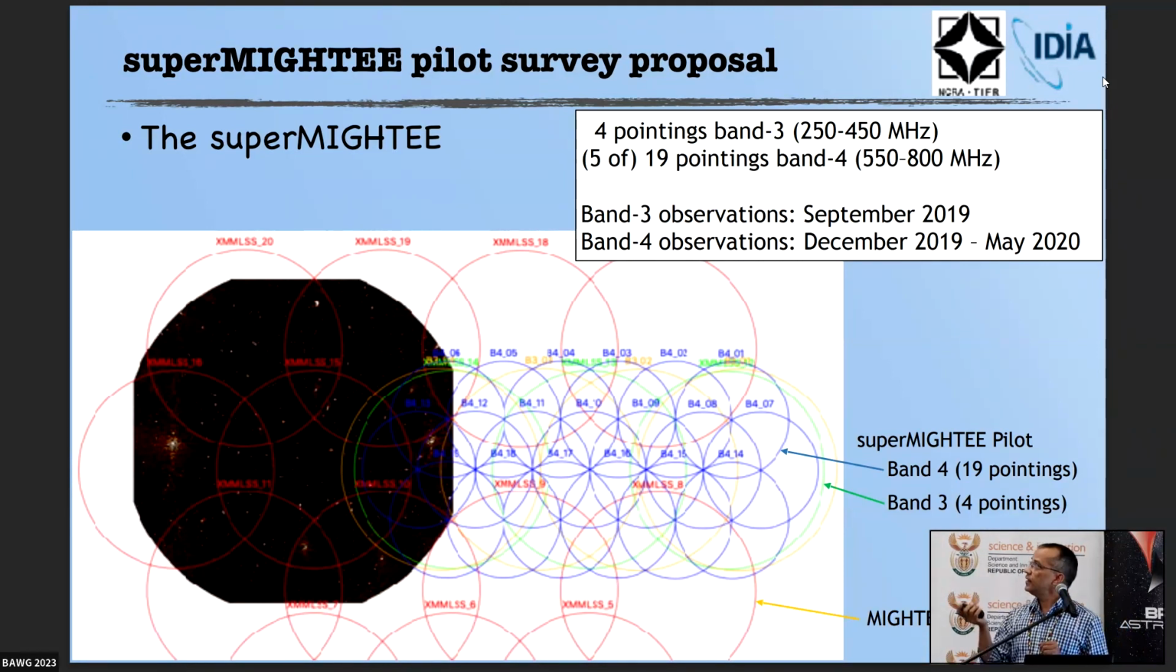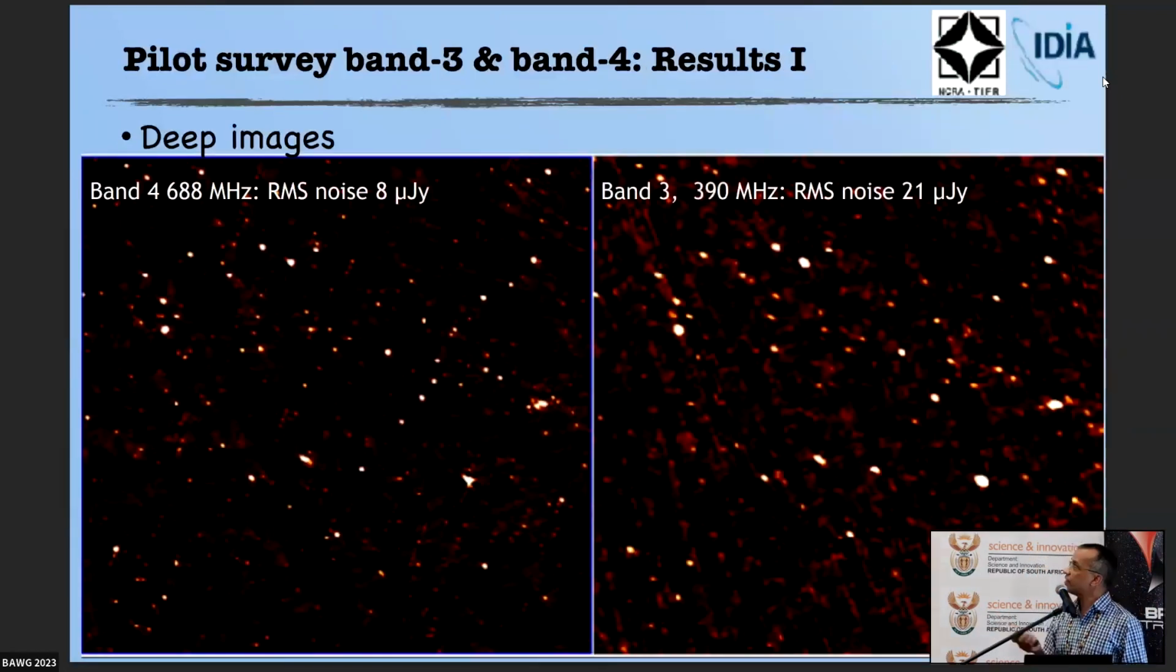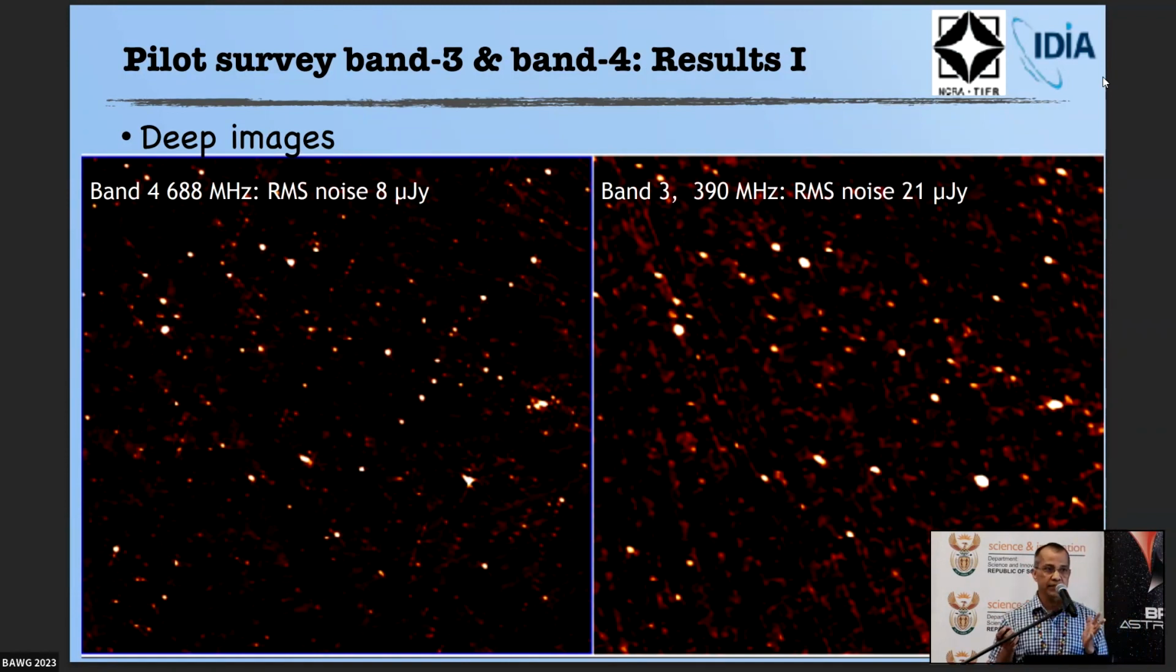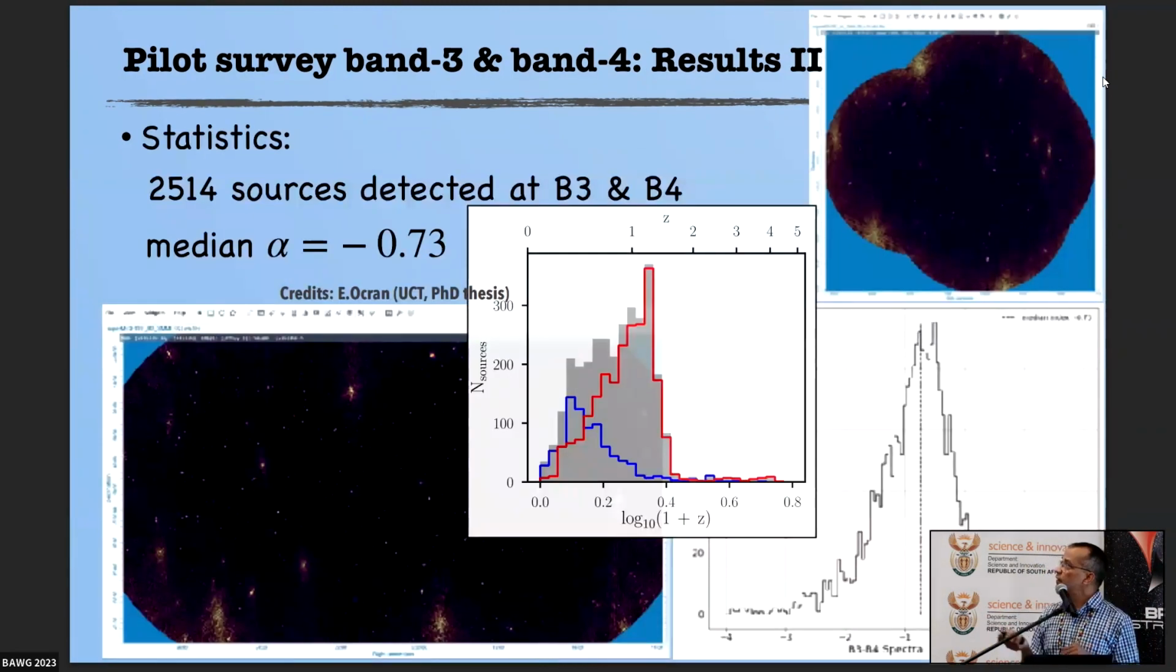So we got this, and it was a PI driven project, and we asked what are we seeing in these deep images using GMRT. And these are the deep images, band 4 and band 3. You have 8 microjanskis and 20 microjanskis limit. We were very happy. This is from the PhD project of Emmanuel Okran, who came up with this